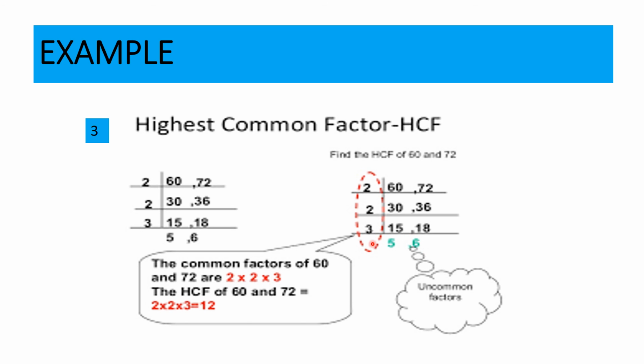Now you can see these both numbers are not divisible by any common number. So you stop here. Right? So what is the HCF? The product of the numbers on the left hand side. So the common factors of 60 and 72 are 2 into 2 into 3. So the HCF is the product of this, that is 2 into 2 is 4, 4 into 3 is 12. So the HCF of 60 and 72 is 12.